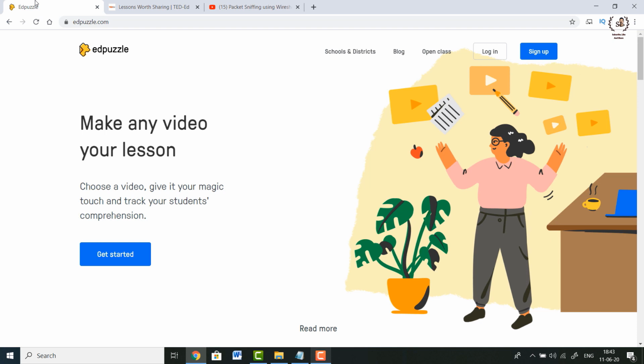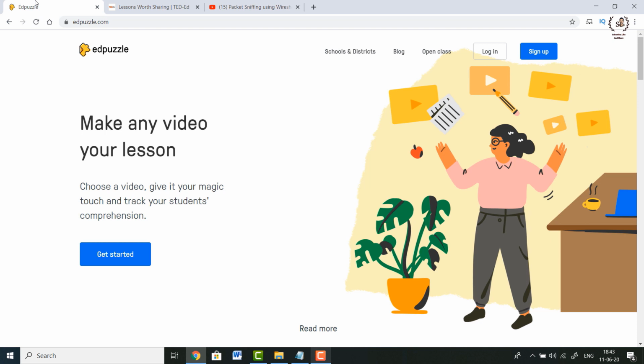So what you can do is, with the help of this tool Edpuzzle, you can interactively post questions in between your video, so that whenever the student watches that video and reaches a point in the timeline, the question will automatically pop up to all the students. So you don't need to pinpoint a particular student. Your question will reach all of the students who are watching your video at that point in time. As a result, they would have to answer that question, otherwise they can't move ahead in the video timeline.